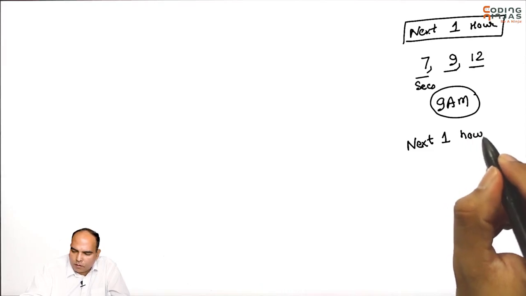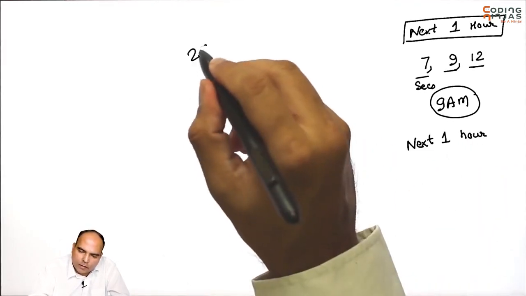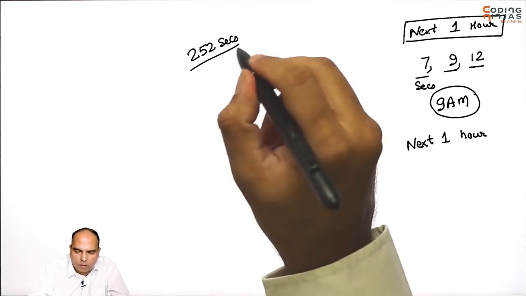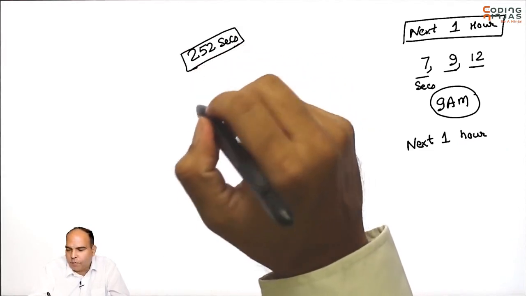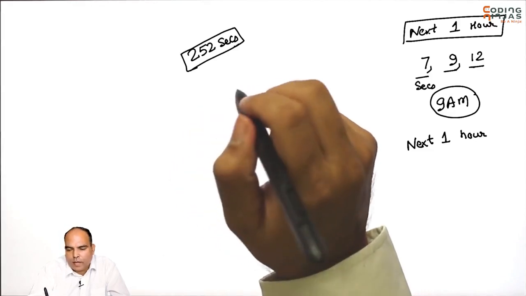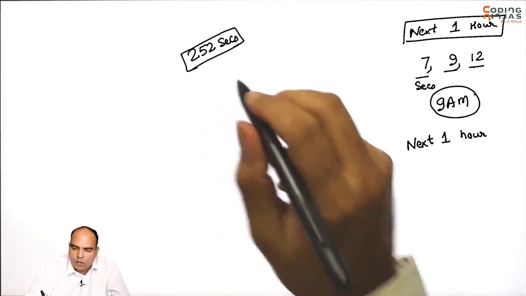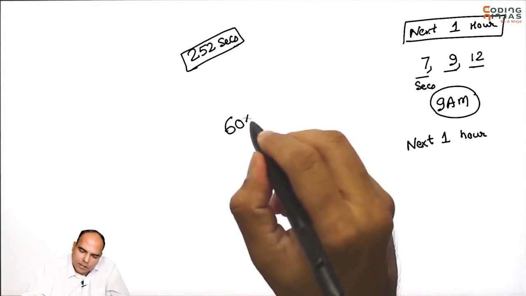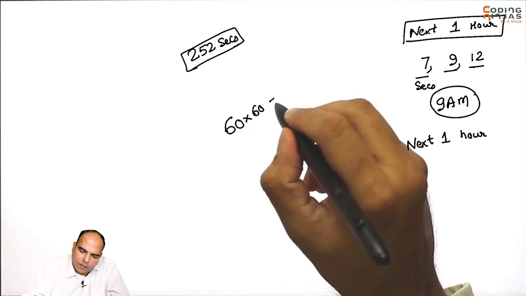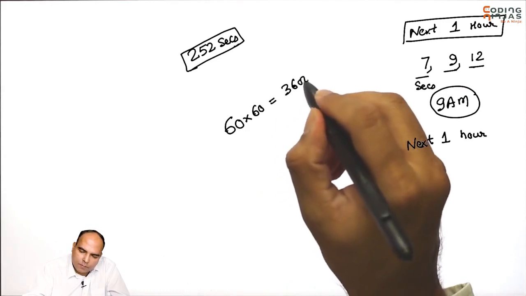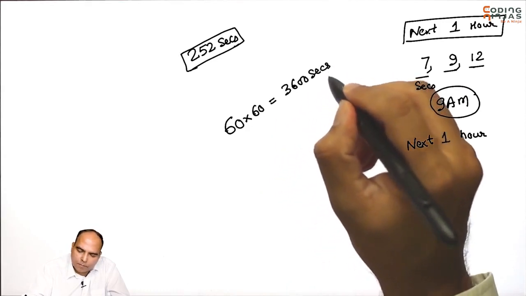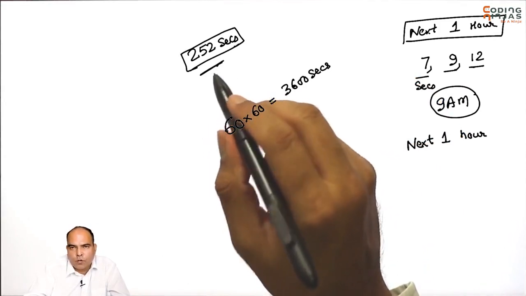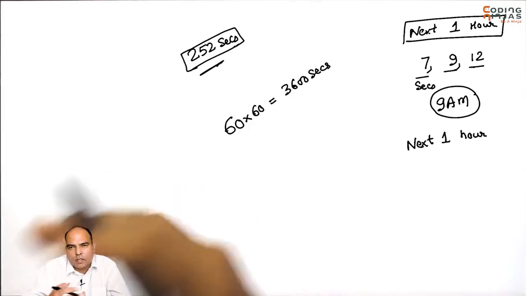So for this, once you find that 252 seconds is when they are going to be ringing together, the next 1 hour is a time period of 60 minutes into 60 seconds, which means it is 3600 seconds. And since the time interval is 252 seconds, you can just understand this is going to be a simple